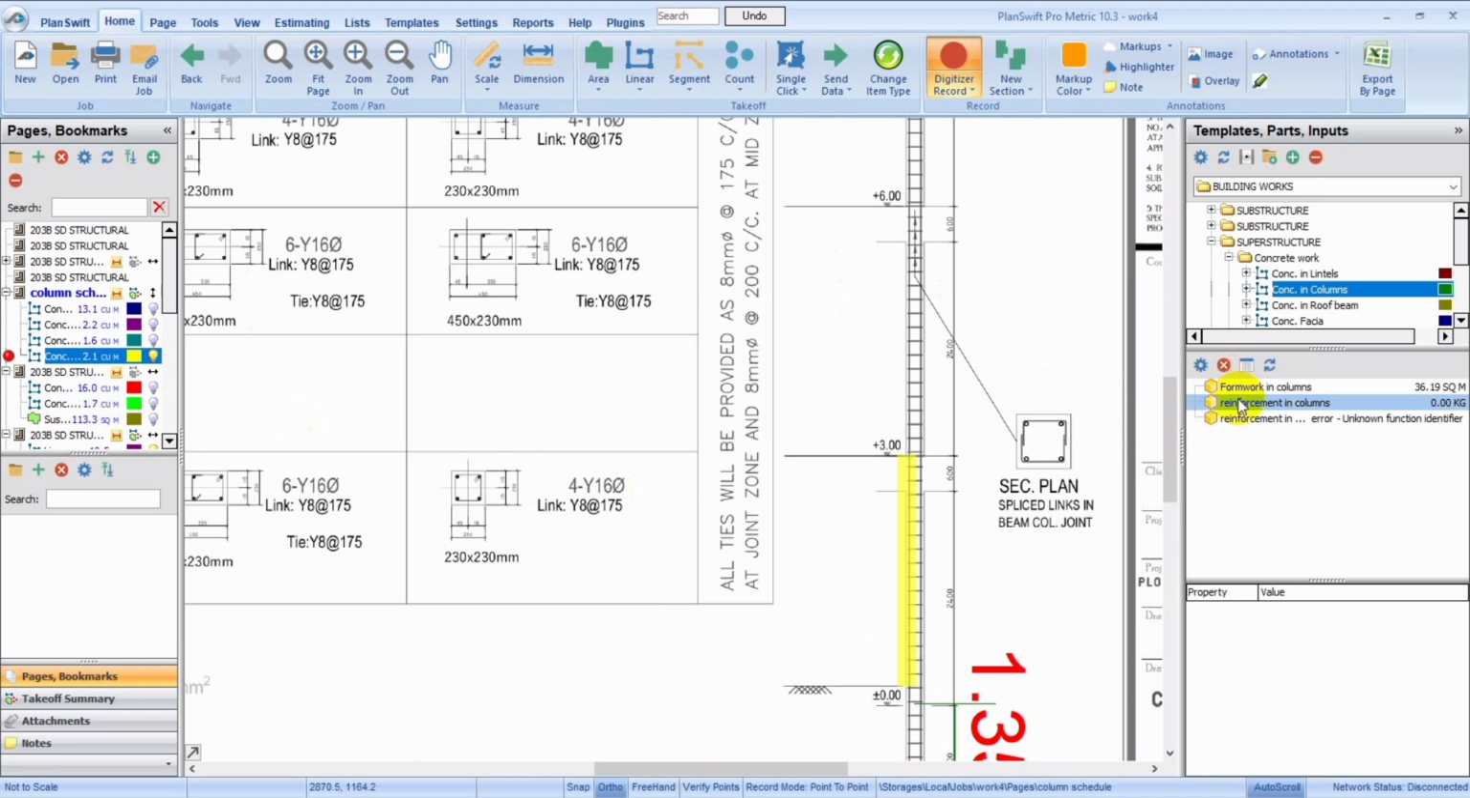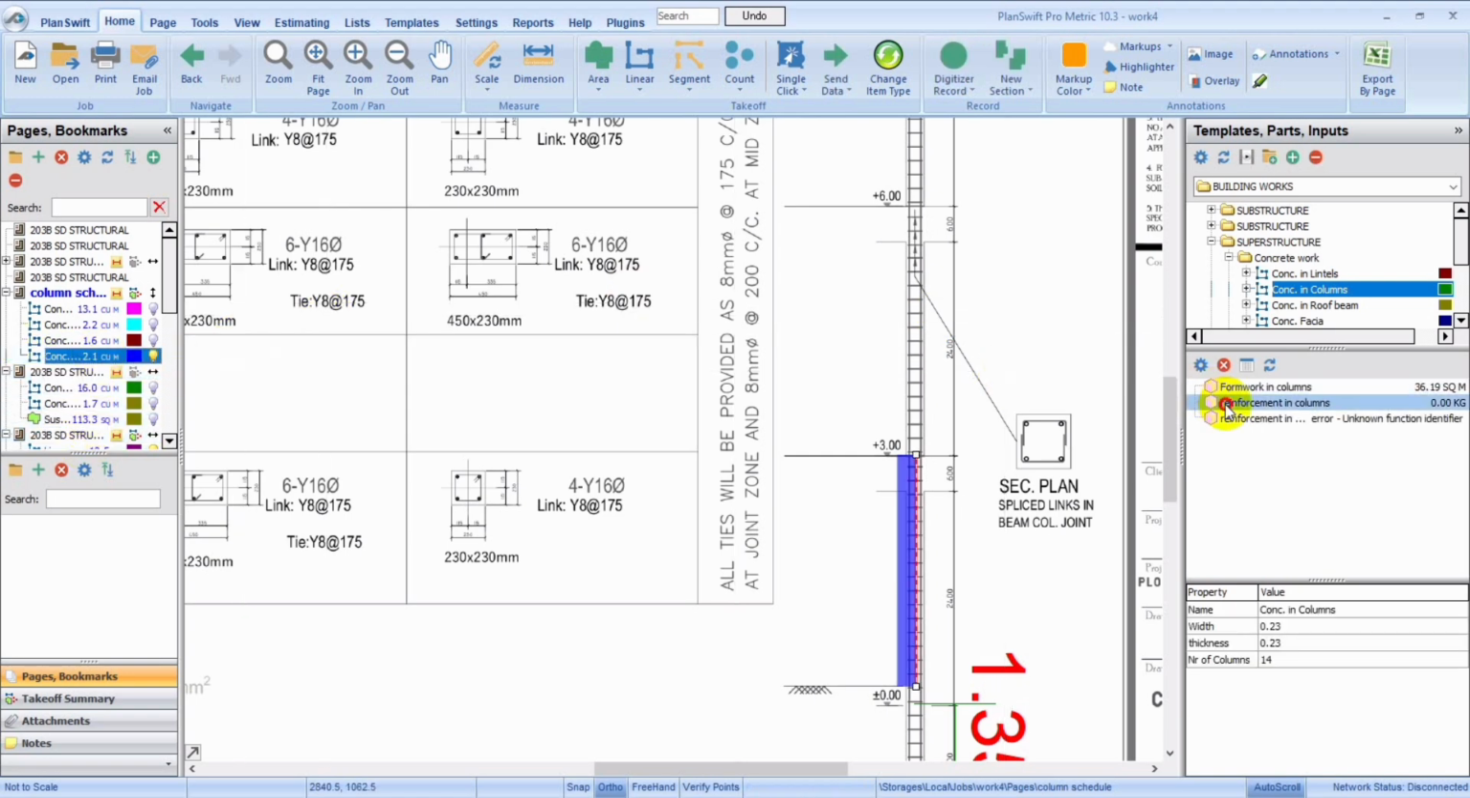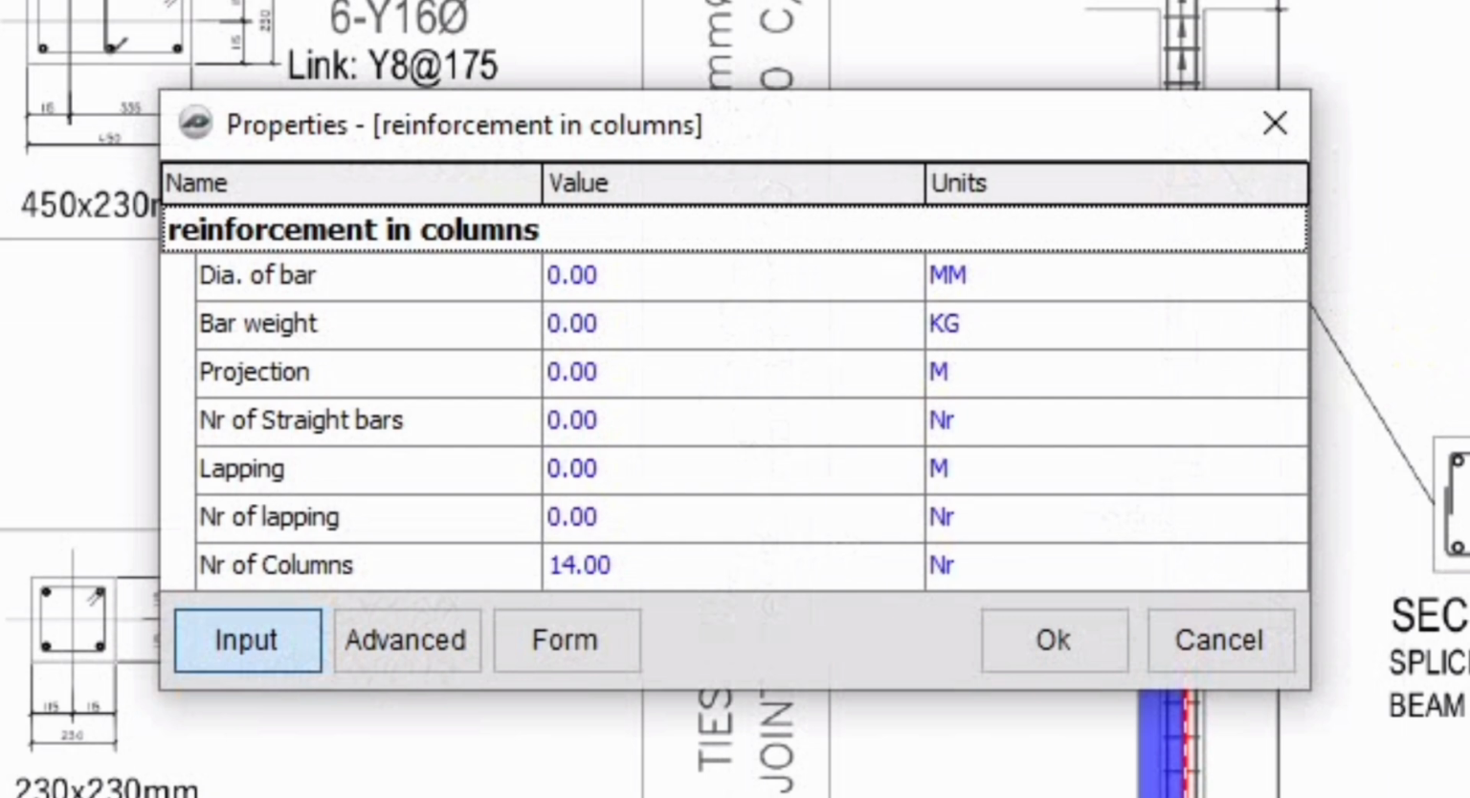So in doing our reinforcement in columns, we're going to double click on it. That's 2.1. I'm going to double click on our column. While we double click on our column, we're going to fill in the diameter of our bar. Remember